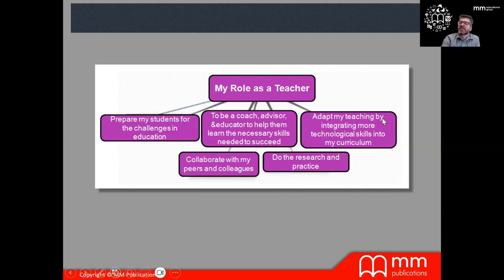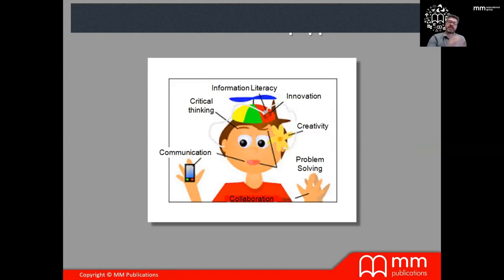As teachers, we're always adapting our teaching, integrating technological skills into the curriculum. We're doing our research, and again, collaborating here with peers and colleagues. But these are all branches, these are all the important things that we need to focus on as teachers, all right?